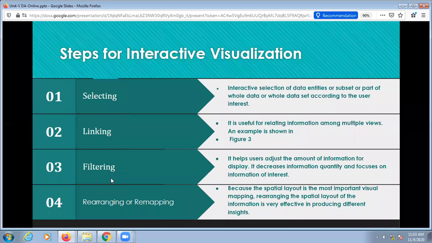So you can rearrange the data and you can remap it. You can also use a sorting technique. आपको लग रहा है कि अगर कोई टेबल है जिसमें स्टूडेंट के मार्क्स के रिलेटेड टेबल है और आपको लग रहा है कि उसमें A, C, T, B तीनों का डेटा एक ही जगह पे आपने उसको स्टोर किया है, but